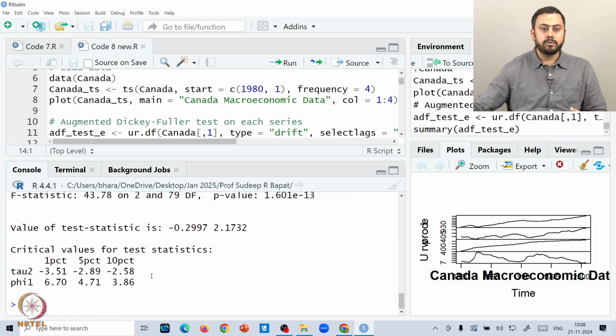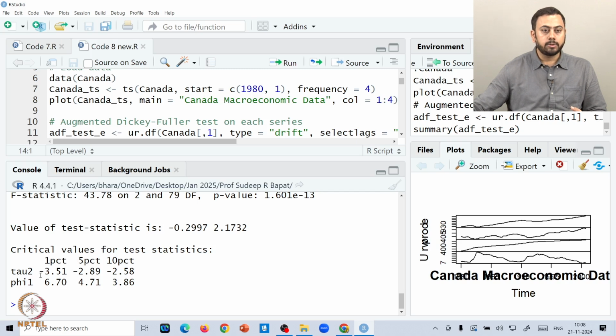And down the line it tells you the value of the individual test statistics. So let's say minus 0.29 for the first one and then 2.17 for the second one. And the very last thing it tells you is the critical values for comparing the test statistic values. For example, the first one is minus 0.29, or let's say minus 0.3 roughly for us, and that minus 0.3 value should be compared to any of the critical values in the first row that you see here, at the 1% point, 5 percentage point or 10 percentage point.